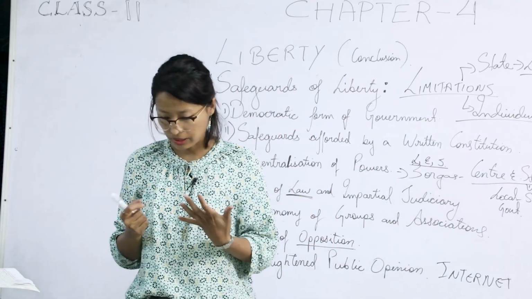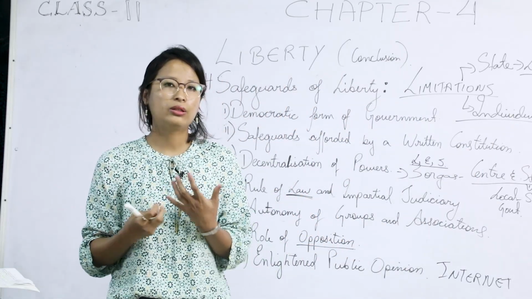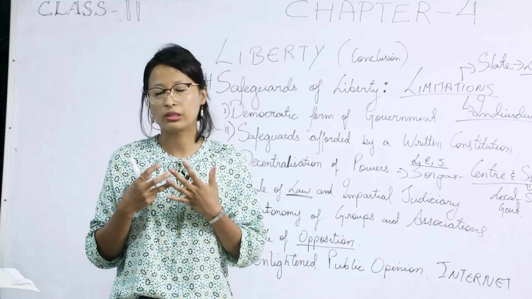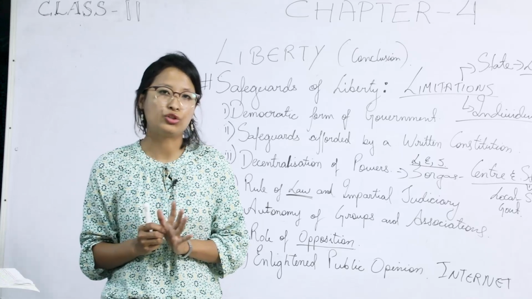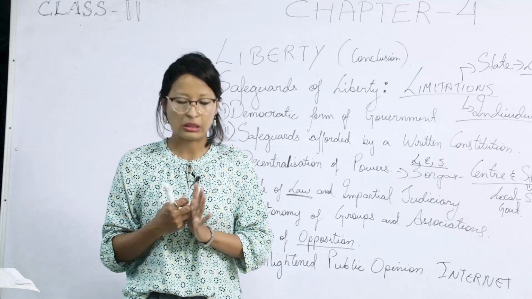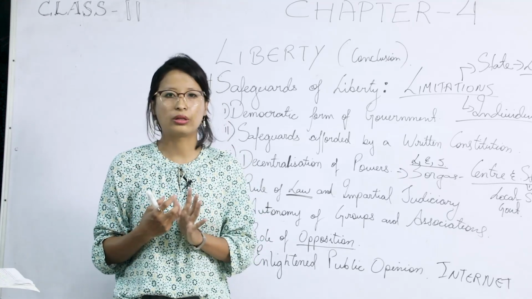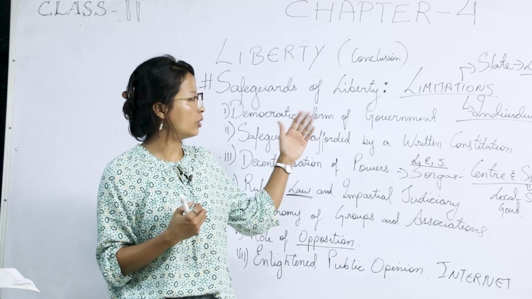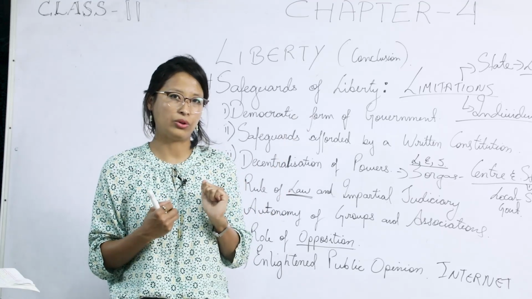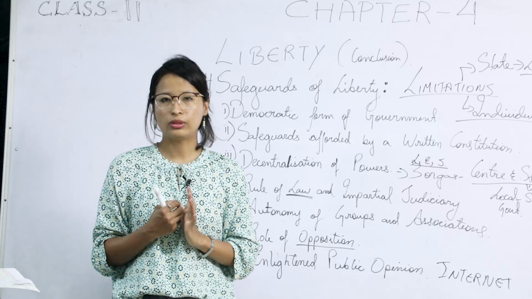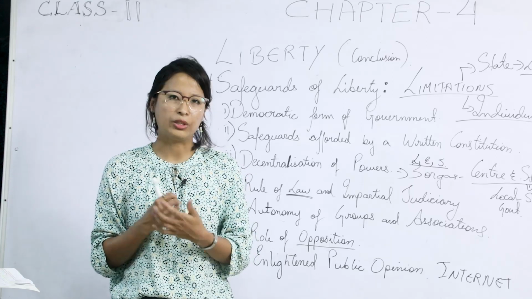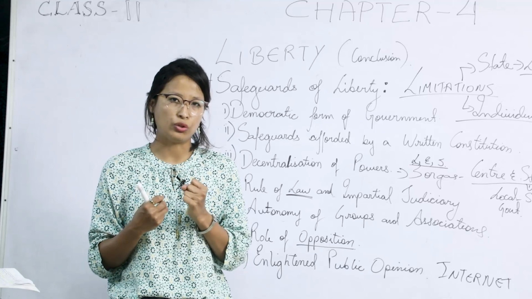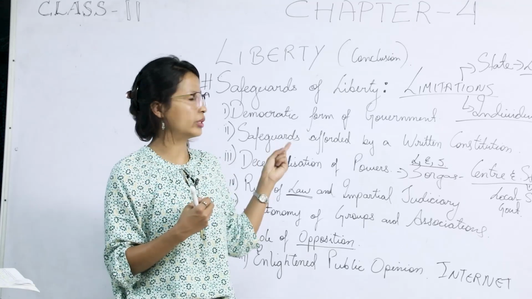Now, regarding the state, there are the anarchists. The anarchists are those who do not favor the state. They say that the state is an instrument of coercion. Now, coercion is force. That's the reason why the anarchists want to abolish the state, because the role of the state is that they rule or control the people through the use of force. So that is the view of the anarchists.